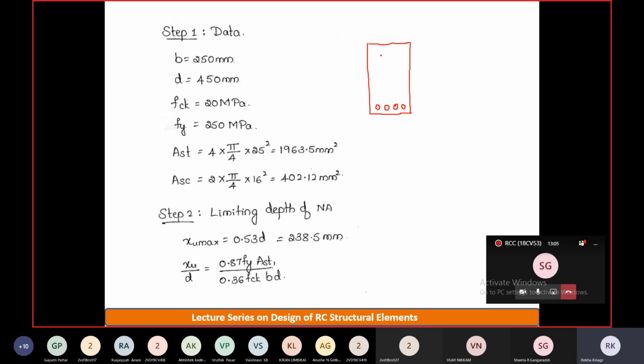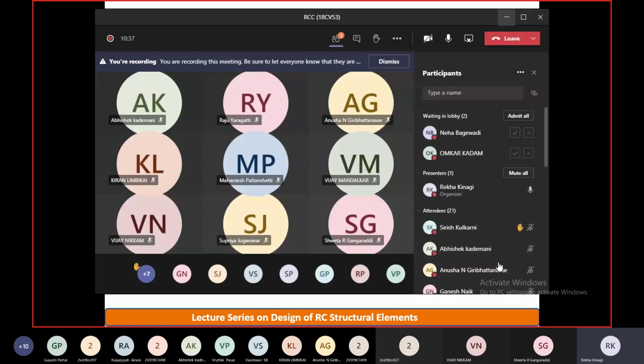And ASC, there are only 2 bars. So this is ASC, and all other things are being noted down here, that is breadth, overall depth,